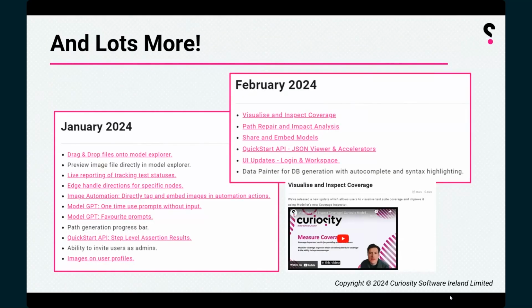So what I will say is that there's a lot more updates that have happened over the past quarter, and you would have seen a glimpse of that from the roadmap. We keep very up-to-date release notes. If you go into our knowledge base, you'll see in there we have all of our release updates. There are clickable links, and typically they take you through to videos where you can see the new features that